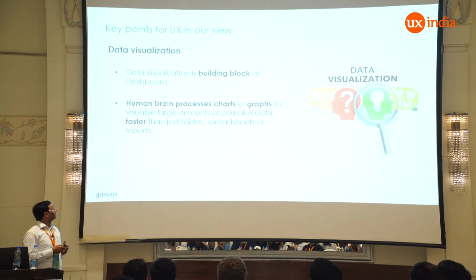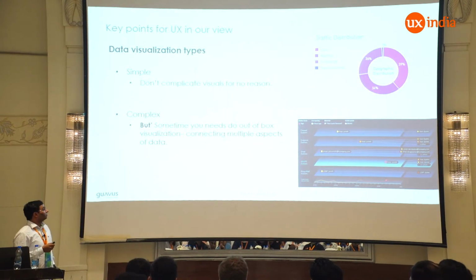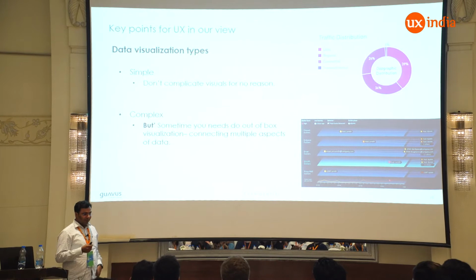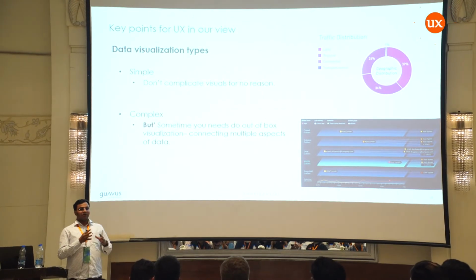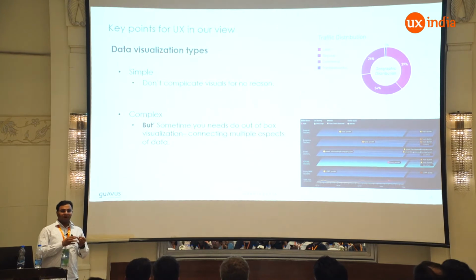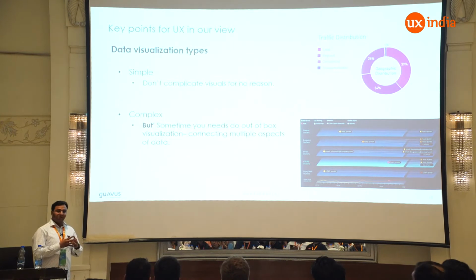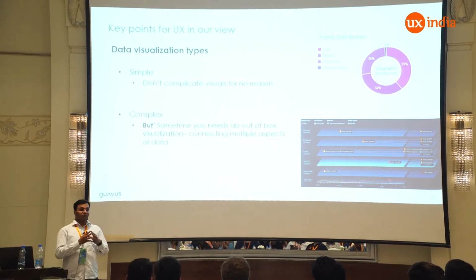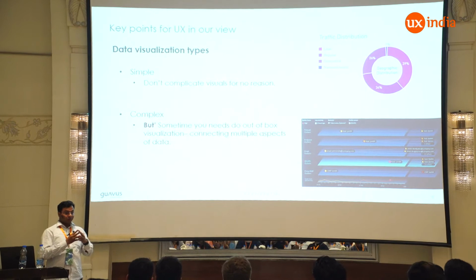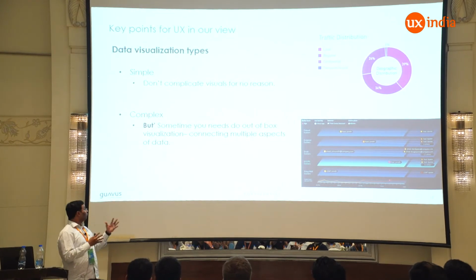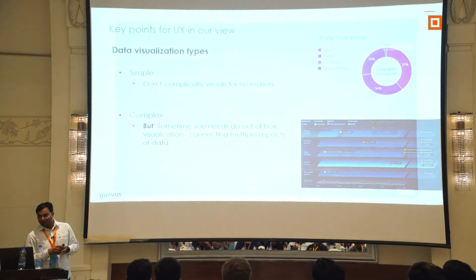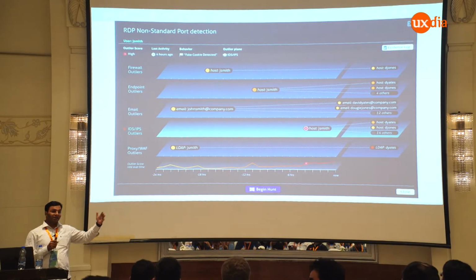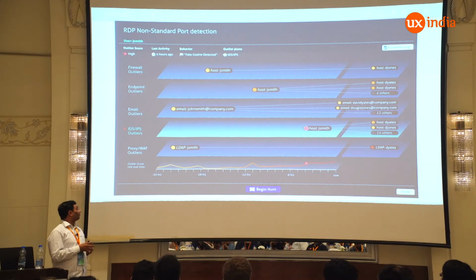If you have something very simple, like top-N data, then you can use a pie chart or bar chart. But in the big data space there will most of the time be complexity of data. You don't need to hide the information. You have to show the information in a connected way so that the user is able to analyze and visualize it. So this is one example of our complex component